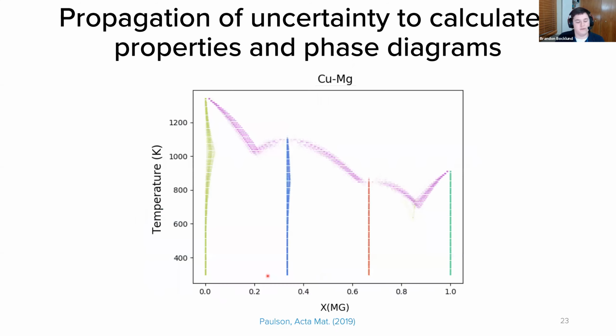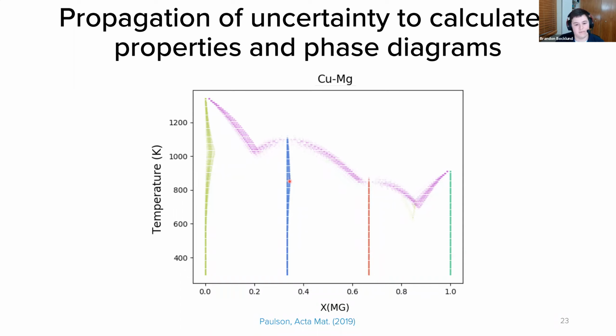Okay, and one key aspect of this work that I wanted to highlight is that we also are visualizing the uncertainty on the phase diagram. You can see how the phase boundaries, we basically just stacked them all on top of each other. And so you can see what the relative uncertainty of any phase boundary is just by how wide it is in the stacked region. For example, we can see the width of the uncertainty in the liquid FCC phase boundary is a lot smaller than this copper